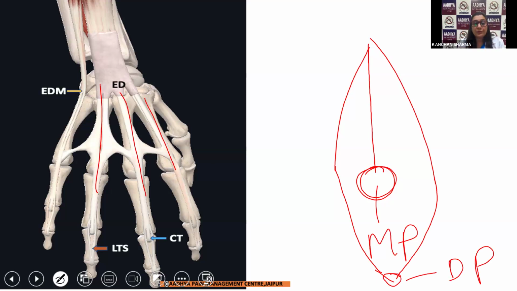Why is it important for you to understand? Supposedly you are looking for a tendon in this area. You are scanning and you will not see anything over this bone. Okay. So you need to tilt your probe towards the lateral side. That is the reason you need to know this, because sometimes a patient will come to you with an injury to this distal phalanx, and if you are the one evaluating this patient, you can put your probe and see whether there is any kind of avulsion injury of the bone along with the attachment of this tendon. So that is the reason you need to find out the small things when it comes to the dorsum of